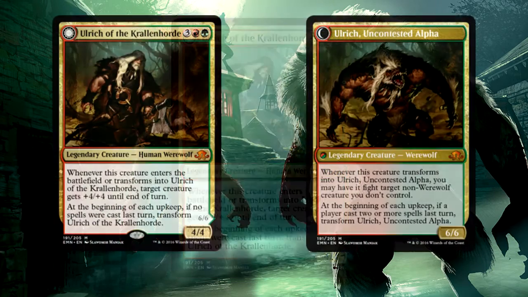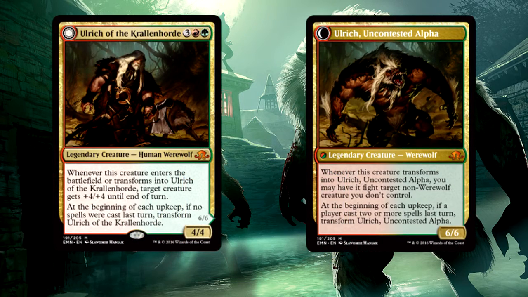Ulrich of the Krallenhorde and Ulrich the Uncontested Alpha is the long-awaited flip werewolf legendary creature that many Magic the Gathering players have waited for since we left the original Innistrad. As it stands though, there are some players who find Ulrich's abilities to be relatively underwhelming in terms of synergy